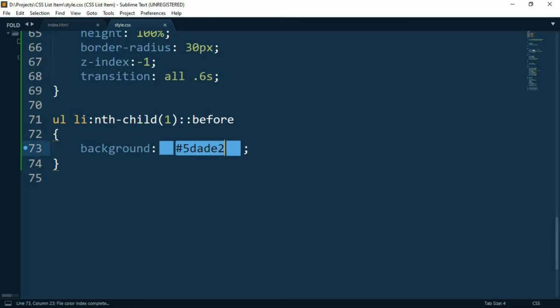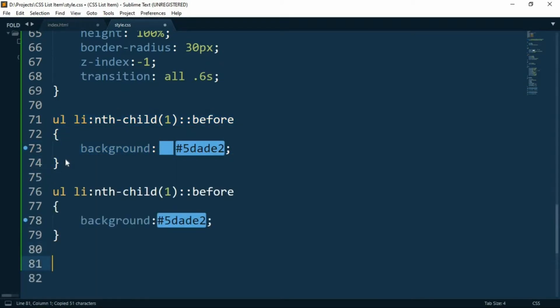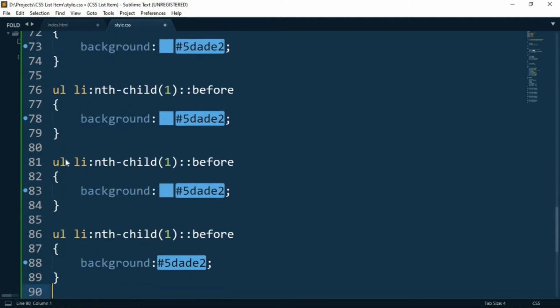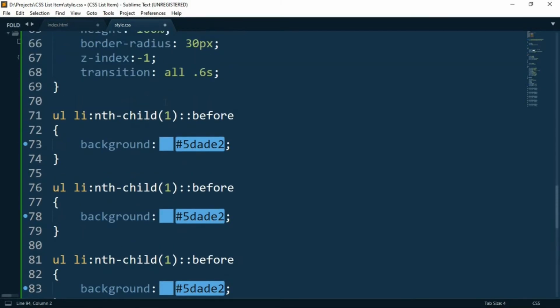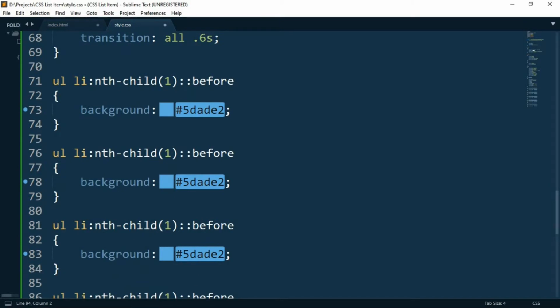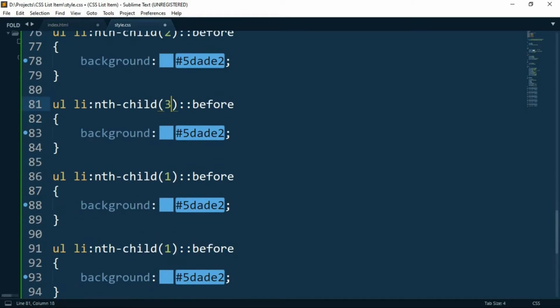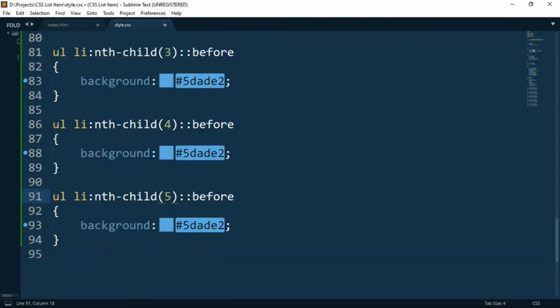Okay, so to shorten your work, just copy this entire section and paste it for 4 more times. Okay, and change the name of the childs to the next coming numbers, that is 4 and the last one is 5.